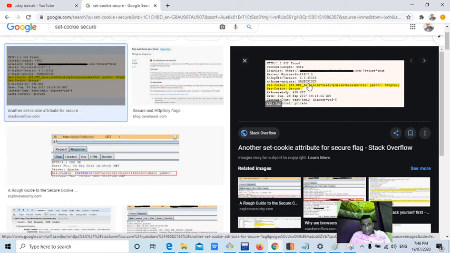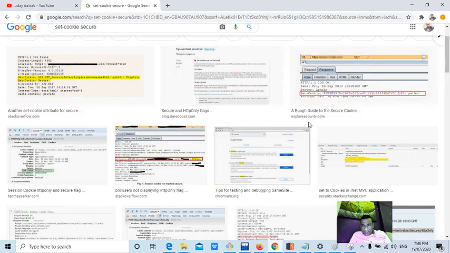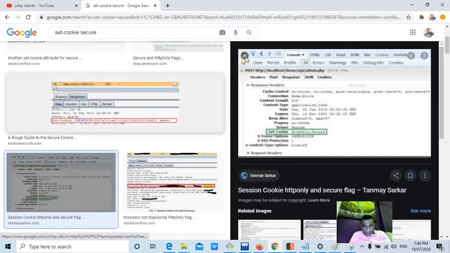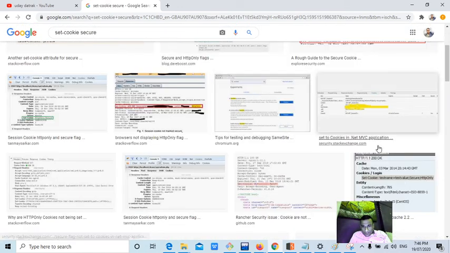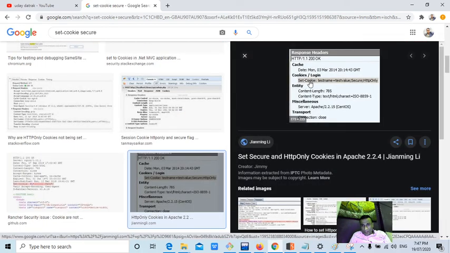For this particular site, I think this should contain it for that particular session ID, guys. Here, can you see set cookie? We see something like the secure word here.